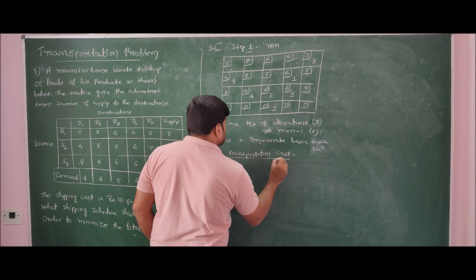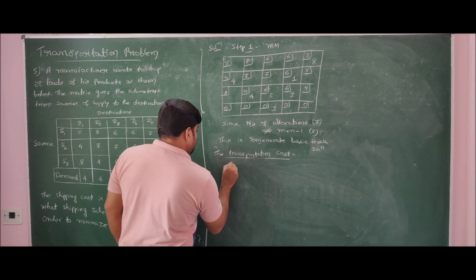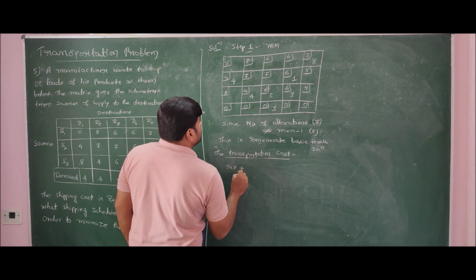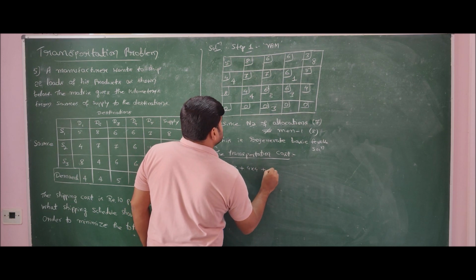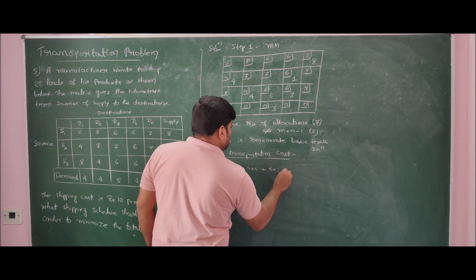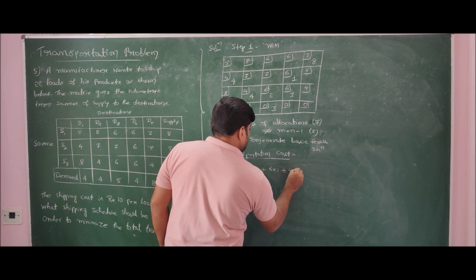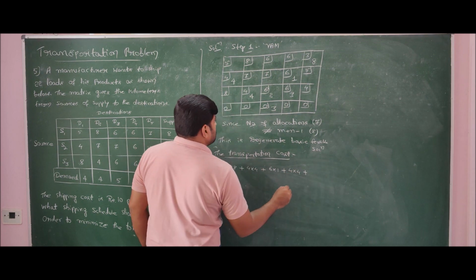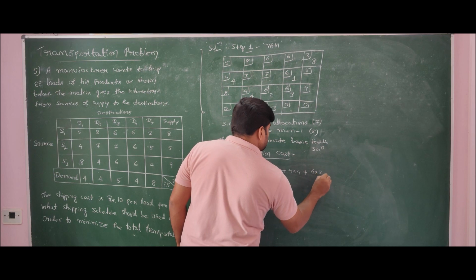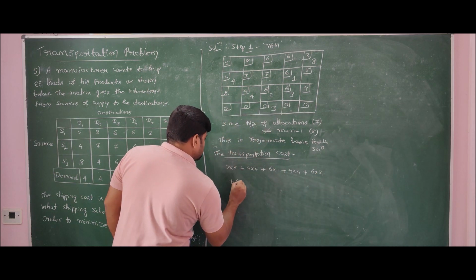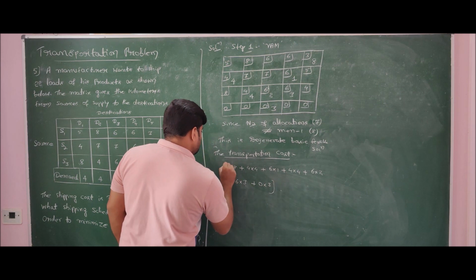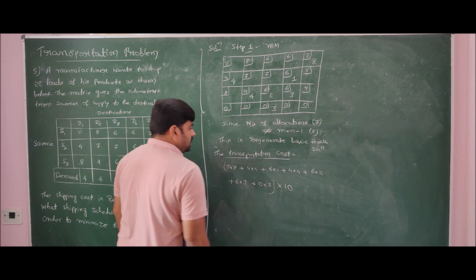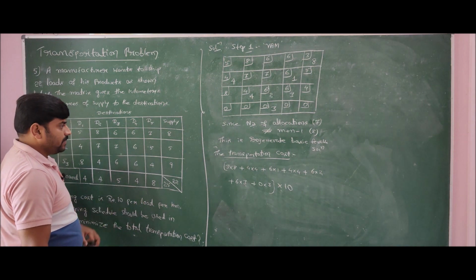So the transportation cost is turning out to be 3 into 8 plus 4 into 4 plus 6 into 1 plus 4 into 4 plus 6 into 2 plus 6 into 3 plus 0 into 3 whole multiplied by 10, because cost is 10 per load per kilometer,